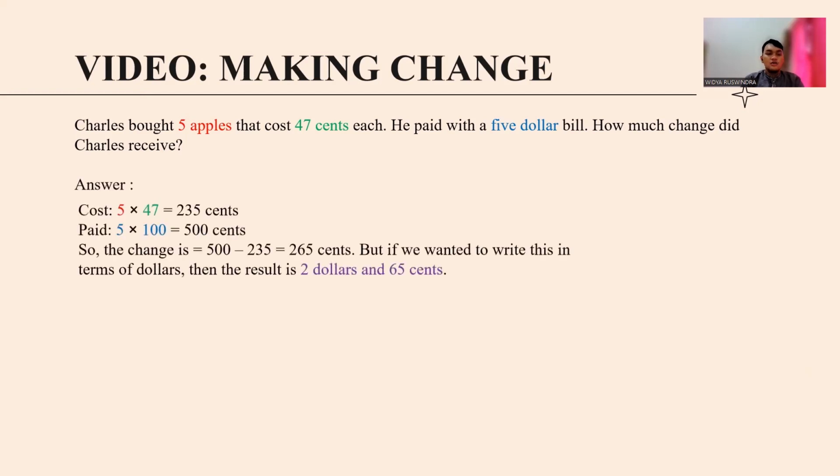Okay, answer. We know one apple is 47 cents, and Charles bought 5 apples. So his cost is 5 times 47 equals 235 cents. And he paid with $5, and we know $1 equals 100 cents. So he paid 5 times 100 equals 500 cents. So the change is 500 minus 235 equals